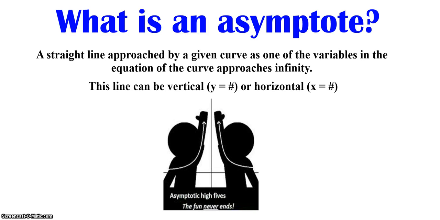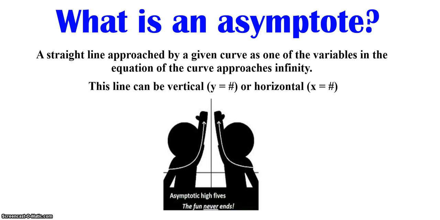Okay, now what is an asymptote? By definition, an asymptote is a straight line approached by a given curve as one of the variables in the equation of the curve approaches infinity. So this line can be a vertical line, so it can be y equals a number, or a horizontal line, x equals a number. But for our purposes right now, with learning exponential functions, it's going to be a vertical, or it's going to be a horizontal,